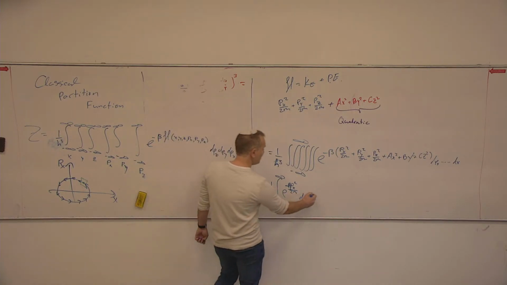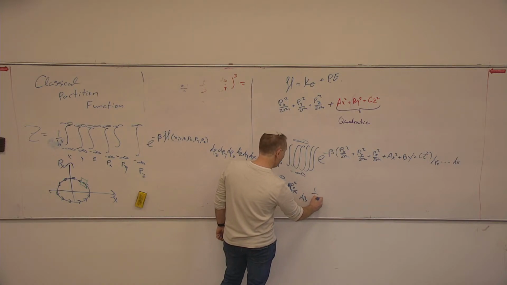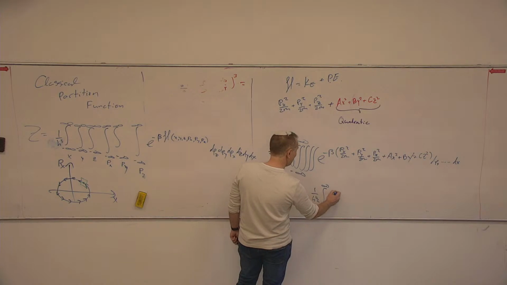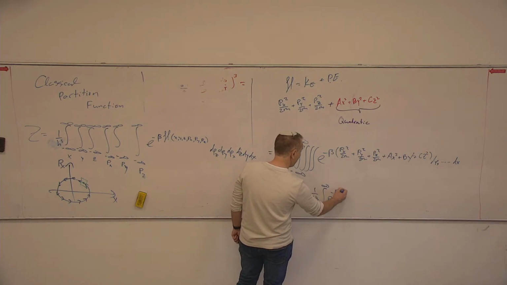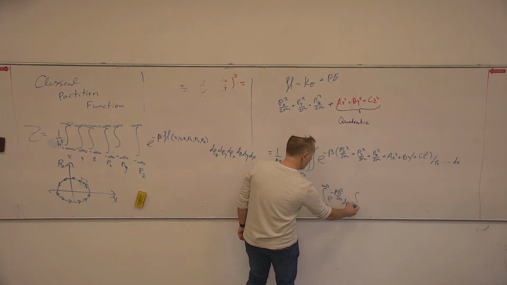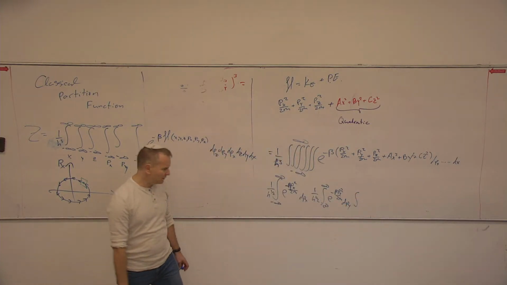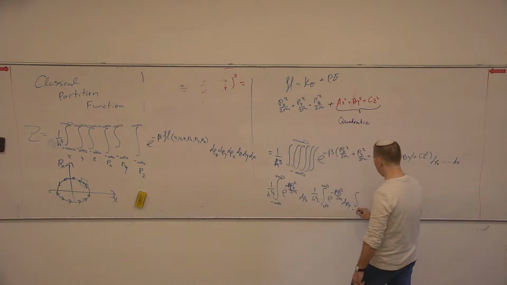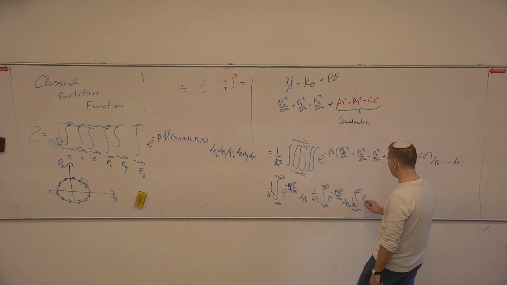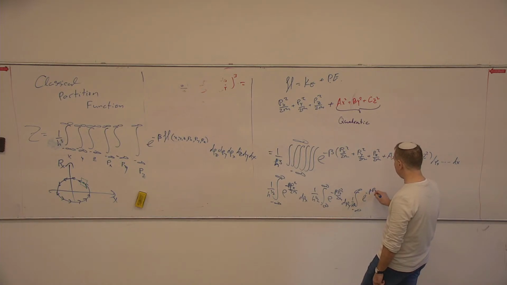I also have 1 over h to the 1/2, an integral from minus infinity to infinity, e to the power minus beta py squared divided by 2m, dpy. I have also an integral, they're all independent, right? Minus infinity to infinity, 1 over h to the 1/2, e to the power minus beta pz squared divided by 2m, dpz,